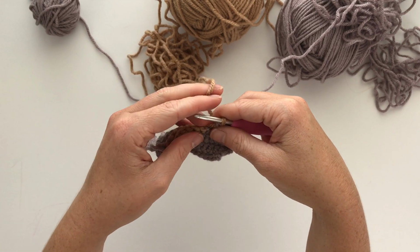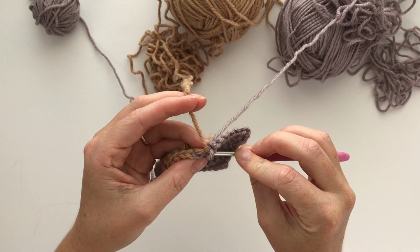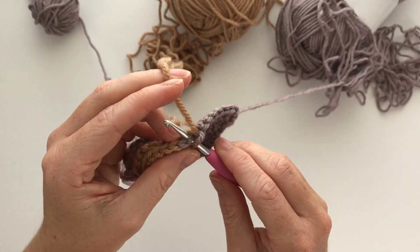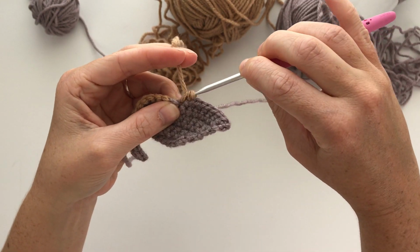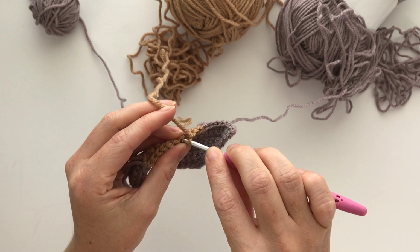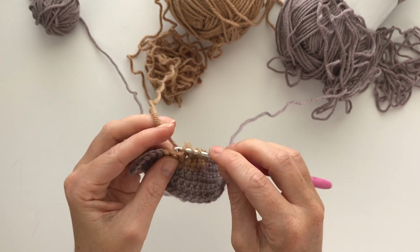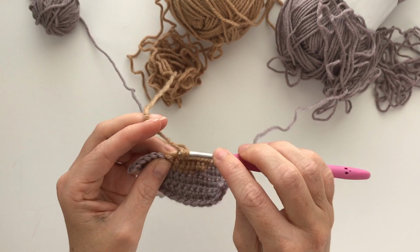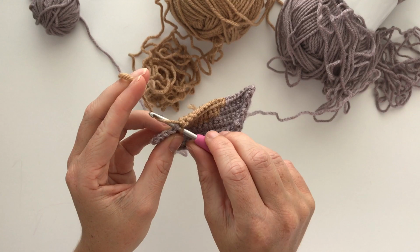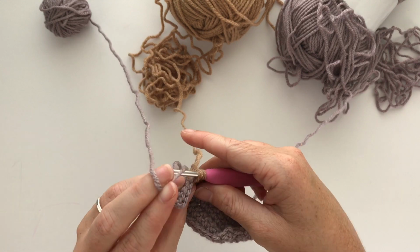Now we're going to single crochet 12 with our skin tone color. So I like to not go around that extra little tail. That's probably personal preference as well. So I'm going to do 12. 1, 2, 3, 4, 5, 6, 7, 8, 9, 10, 11, and then 12. Then I drop my skin tone, pick up my other skein of hair, finish out the